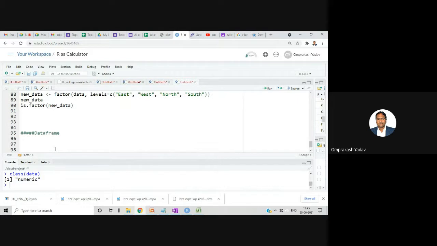A data frame is also two-dimensional data, like a list, a combination of heterogeneous data, but two-dimensional. The data is in the form of rows and columns, and it becomes very important when we are dealing with any data set. Data frames always come into the picture whenever you are working with a data set for processing.